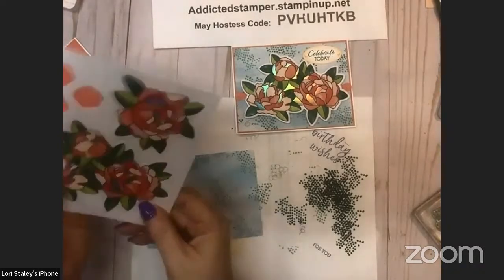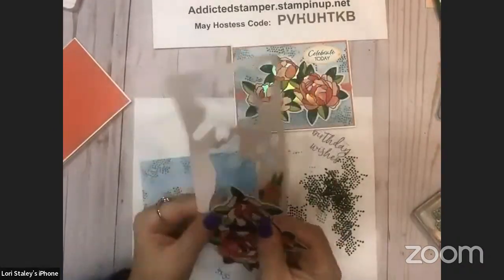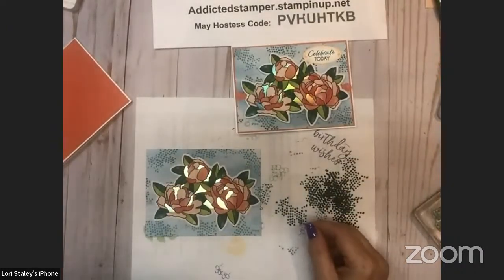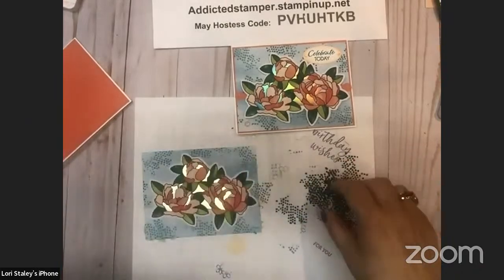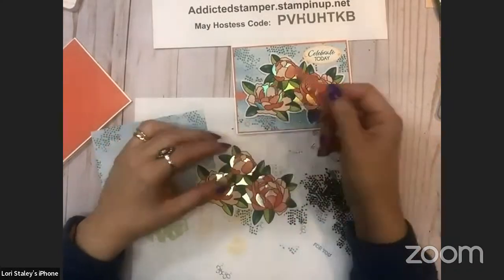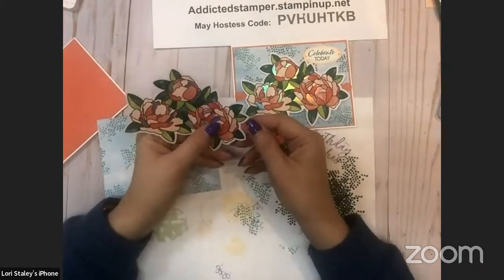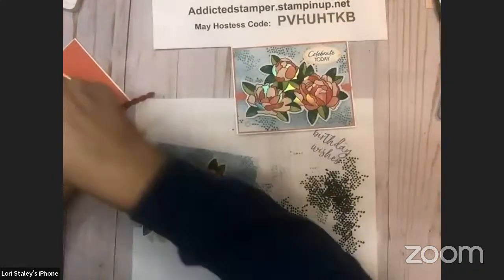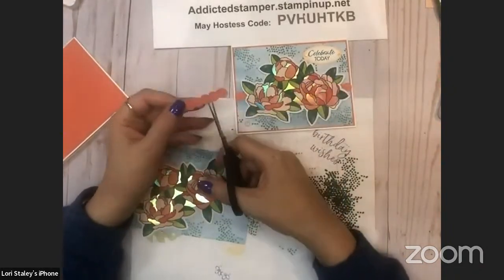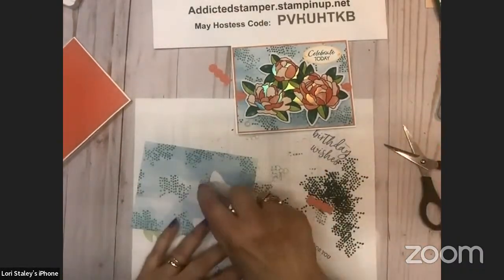Let's grab that piece. I tell you, when I did the sympathy card, I struggled a little bit because I don't think of foil being on a sympathy card. Do you? We're going to take one of the other accent images that was in the kit, and we're going to extend our piece with that. So I'm basically just going to cut this in half. Okay. And pop that